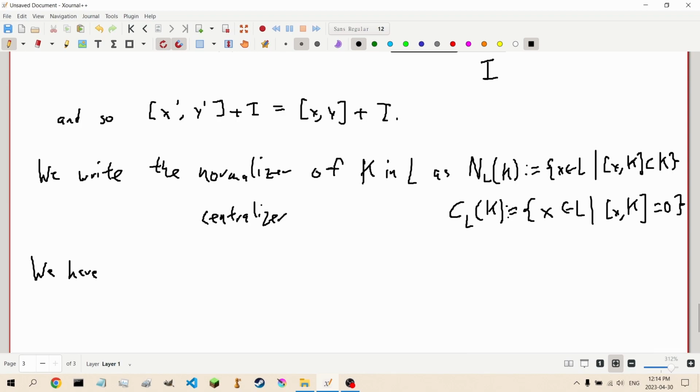We have that the centralizer is a subalgebra of L, and